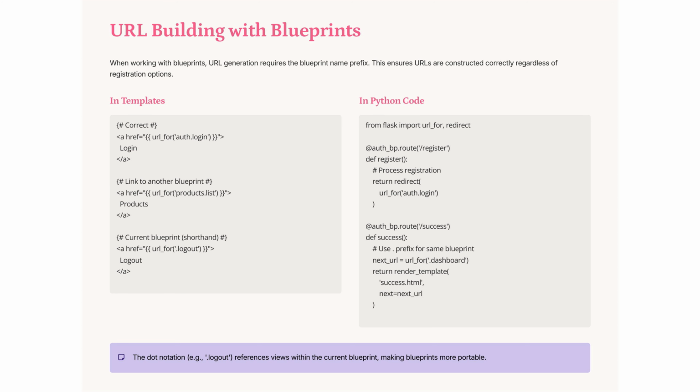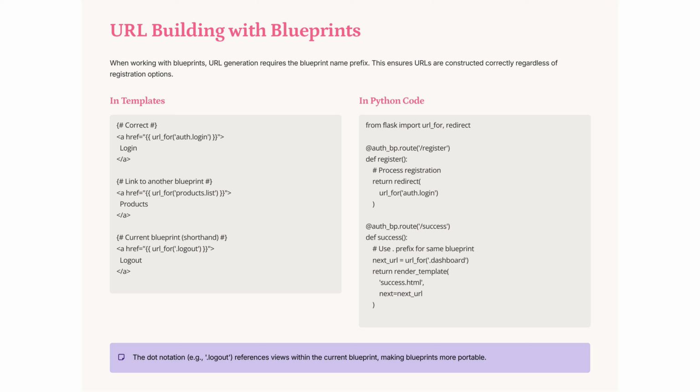URL generation in blueprints requires the blueprint name prefix to ensure correct URL construction. Use url_for with the blueprint name, like auth.login, for cross-blueprint links. For internal links, use dot notation, such as .logout, to reference views within the current blueprint, enhancing portability and consistency